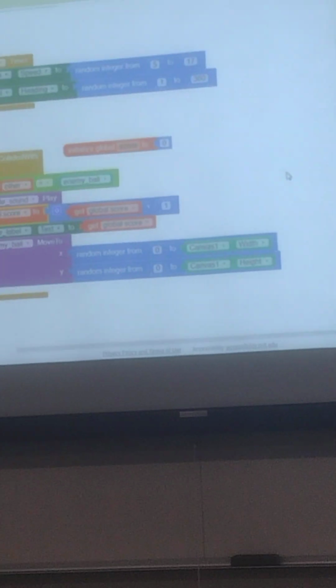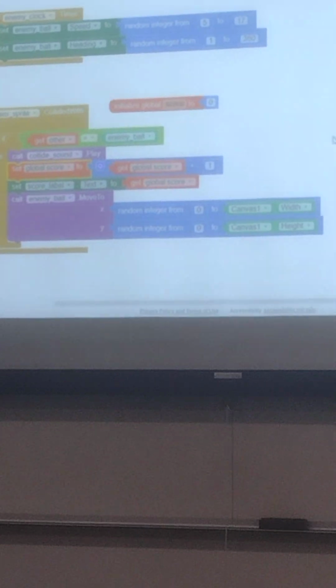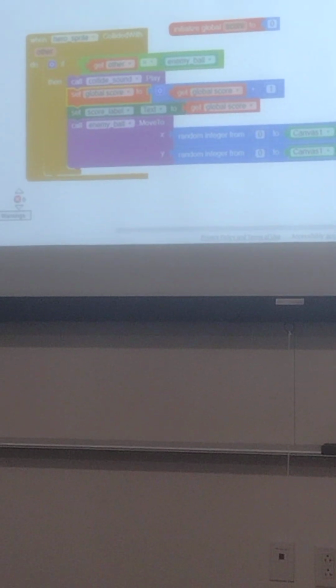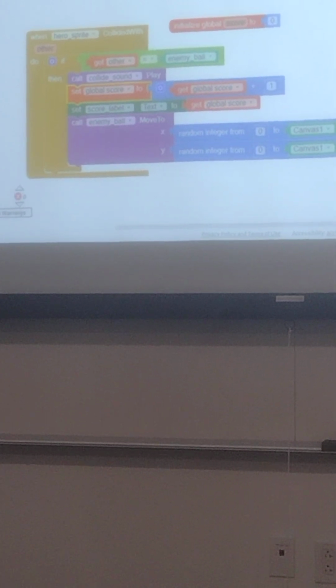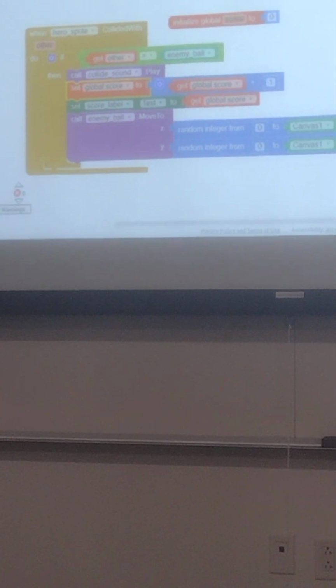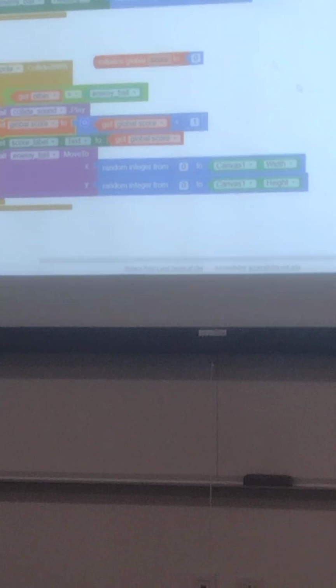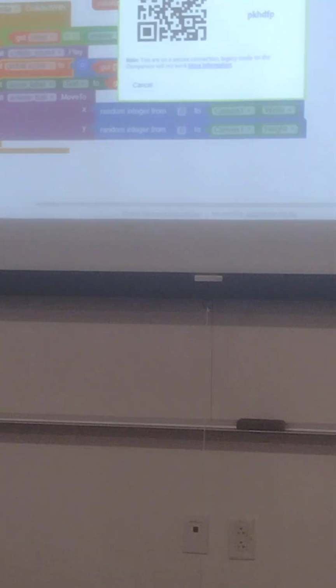Like, where did I make the mistake? Was it step 1, step 2, step 3, step 4, step 5? It becomes a lot harder to figure out what went wrong. So anytime you do a big step like this, test it out and then move on to the next step. All right, but I'm pretty sure we did these 2 correct. So let's just test it out. All right, so what I'm hoping is every time